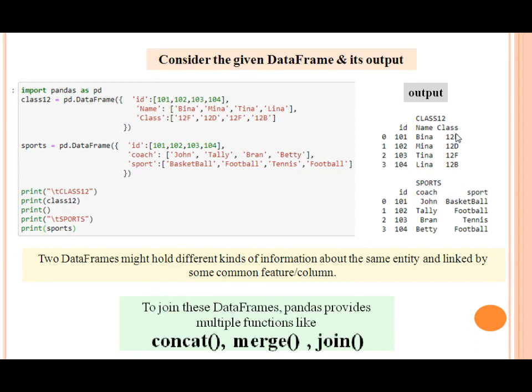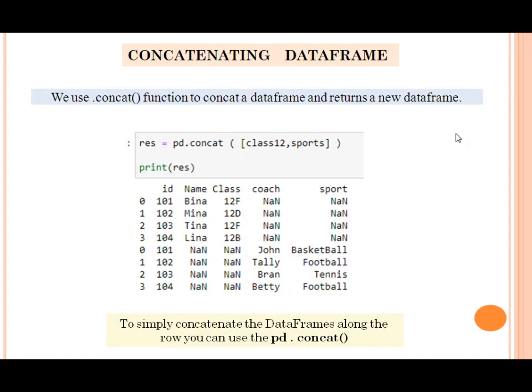Okay. So we'll proceed further and see what the concatenation function tells us. Concatenating data frames means joining the two data frames after one another. So whatever data frame you write first will come first and the other data frame will come at last. Clear? See here, the important part is I have to mention the data frames always in the form of list. Clear?